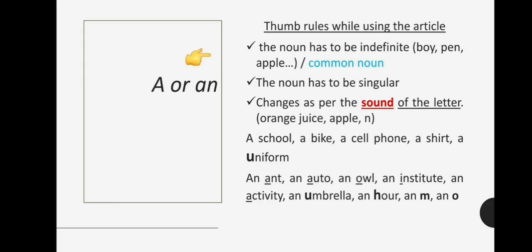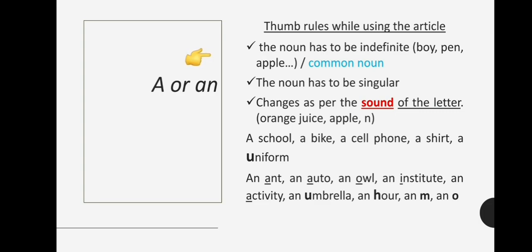Now, generally, we get this knowledge from the schools and from the basic grammar teachers that we have to blindly see vowels and we have to put "an", but that is wrong. We have to put "an" whenever the sound says a, e, i, o, u, any of these Hindi sounds which we use in the Barakhadi. If you hear any of these sounds, only at that time, and if it is singular, once again I am repeating, it should be singular, then only you will put "an".